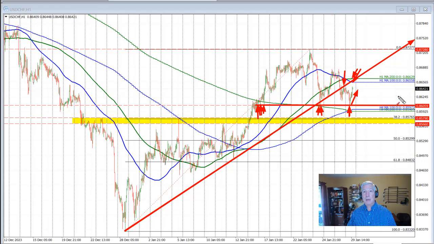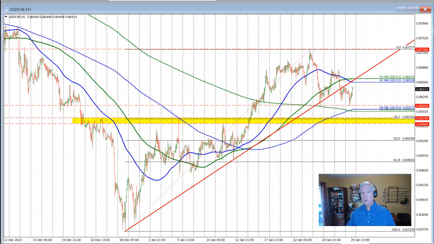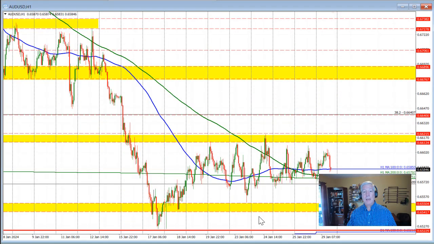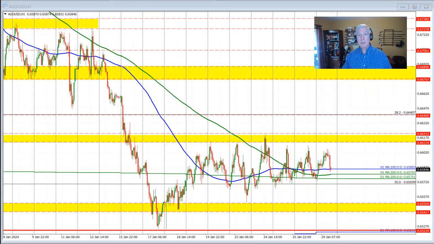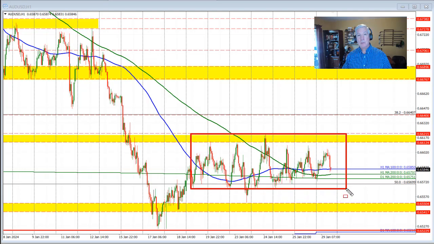We'll see if the price can get to that level and get above that level to increase the bearish bias, or do we find sellers against that level and push the price back to the downside. Finally, I want to take a look at the Aussie versus US dollar. I'll look at the hourly chart for this currency pair, and if you take a look at its price action, again, lots of ups and downs over the last few trading weeks, with the price mostly in between this range